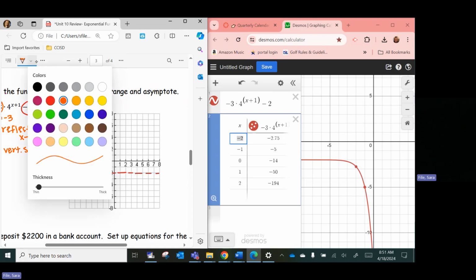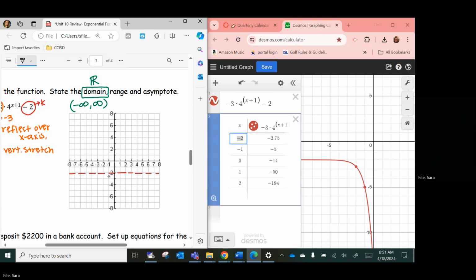So there are points at 0, -14, which will not fit on our graph. That's off the graph. But -1, -5. And then -2, -2.75. And that's really all I need because then the asymptote guides me. So this essentially tells me, okay, your graph is below the asymptote and it is decreasing from left to right. You can see as the x values increase, the y values are getting lower and lower and lower. So it's decreasing from left to right,